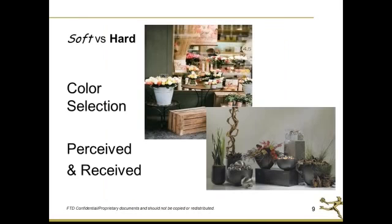And I have to explain soft versus hard, no puns intended, but we'll use those definitions of how to gain attraction. When you look at color selections that you place in your store window, you can see the top photograph has more muted colors and a lot of busyness going on. That's what I call softness. There's a lot happening, a lot for the eye to capture and take in. Yes, it's very pretty, and yes, you might want to go in there,